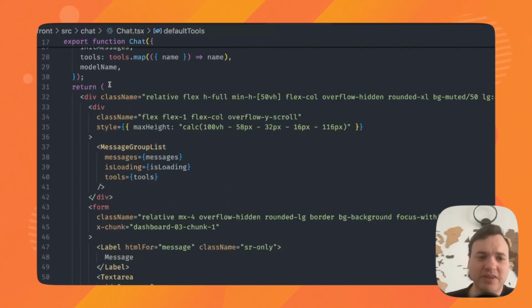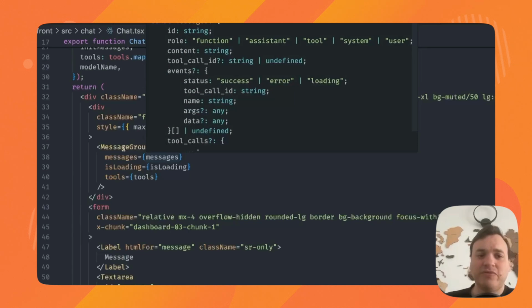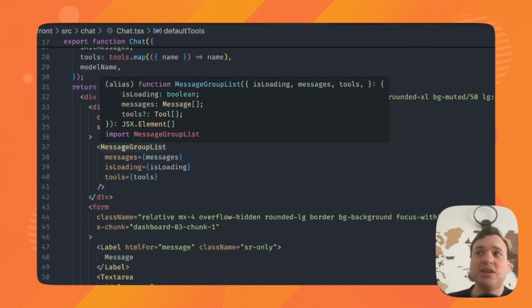Here, we have our messages, and now we say it's a message group. Why is that a message group? Because now, from one user message, it may lead to several messages. For instance, you may have one assistant message, which will then use two tools, so that would make two tool messages. And then, as we loop to implement the reflection pattern, it may lead to yet another assistant message. So it will lead to 4 different messages, but in the UI, we want everything to appear as one. So we are going to group.